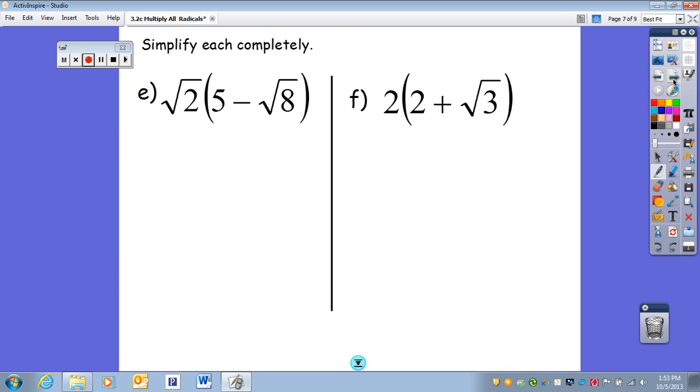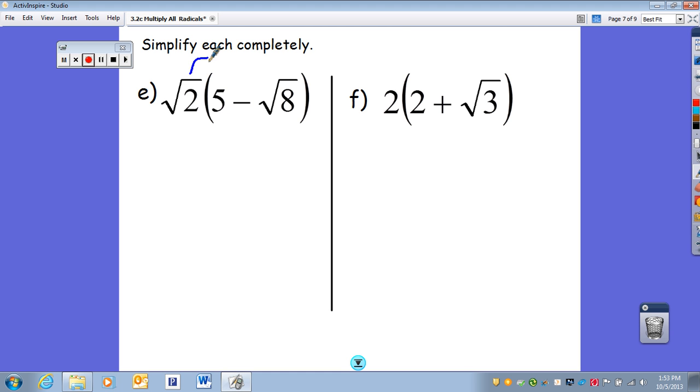Next, we need to know how to do the distributive property with radicals. So here's what we're going to do. We're going to distribute the square root of 2 to the 5 and the square root of 2 to the minus square root of 8. Remember that the 5 and the square root of 2 are not alike, so we can't multiply them together to get a different expression, but we can simply rewrite it as 5 times the square root of 2